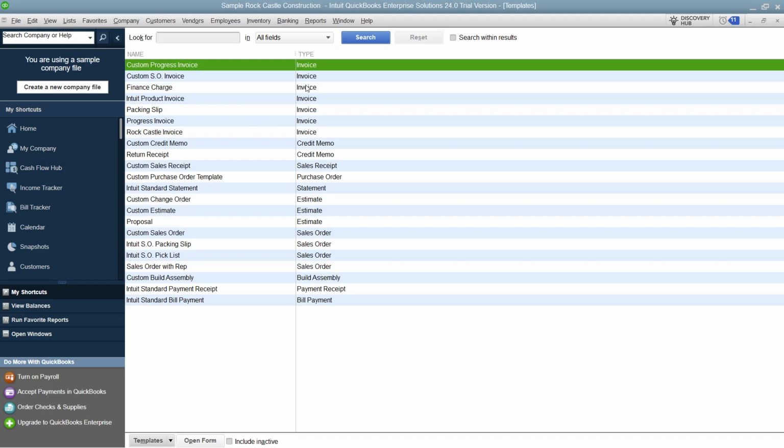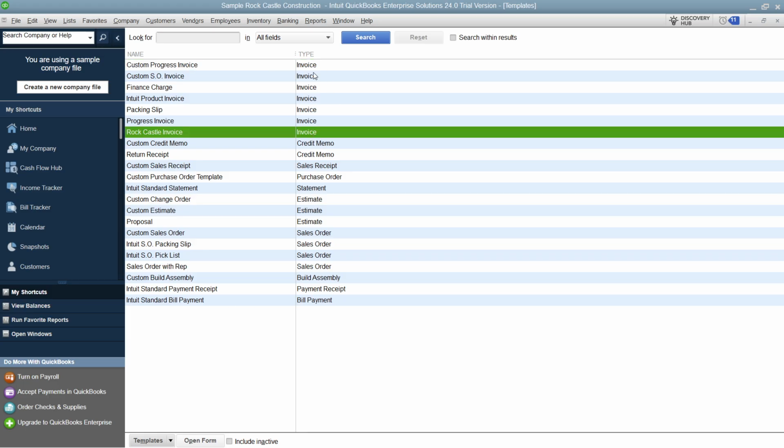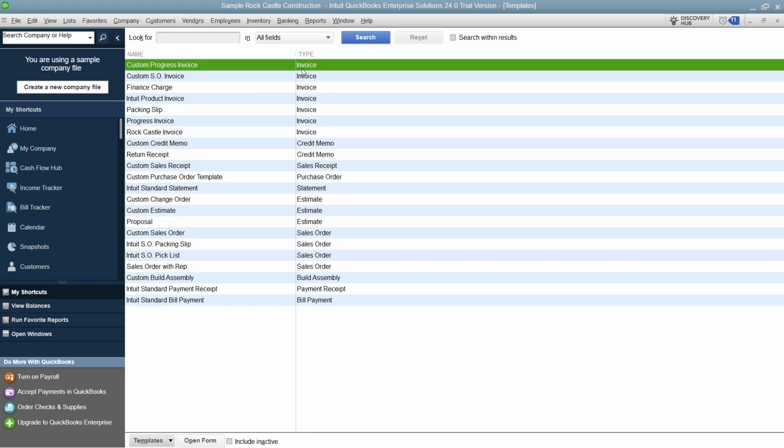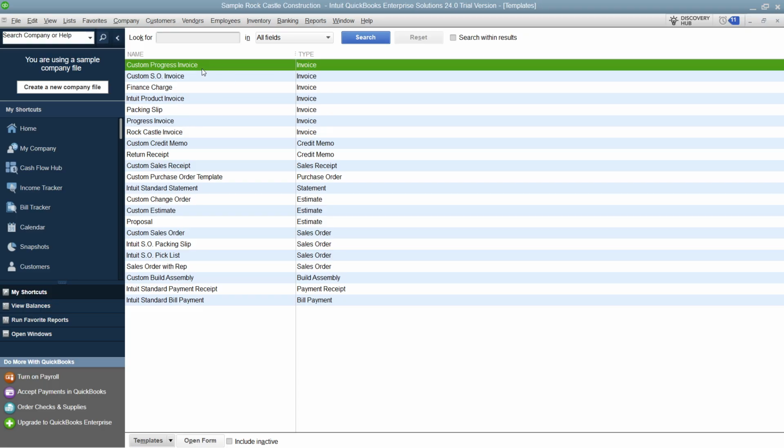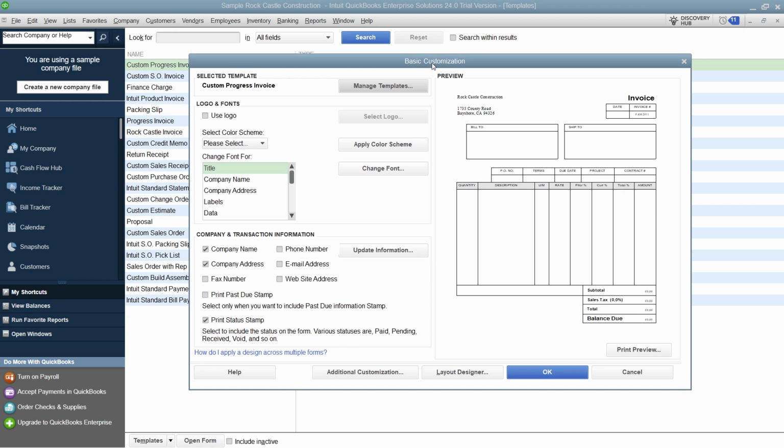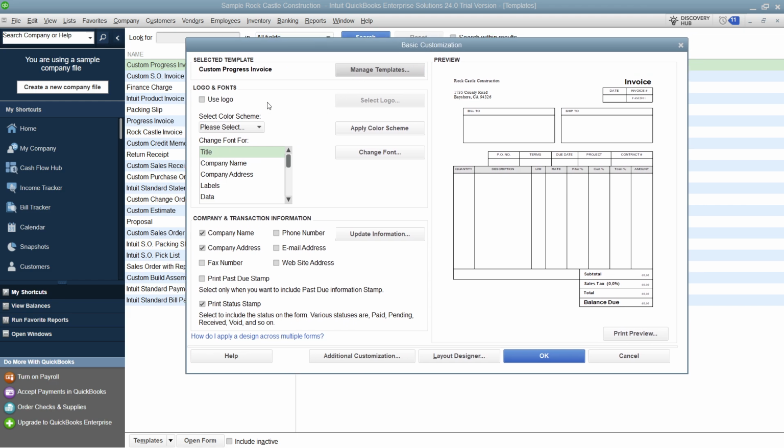So click on this, and it's going to open up this over here, and you can see I have a few templates over here in my demo company file, where you can see the type is invoice. So you want to find your invoice template you would like to edit, and you want to click on it like this, and of course, you want to double click it. So double click, and it's going to open up this basic customization, and then in here it's going to allow